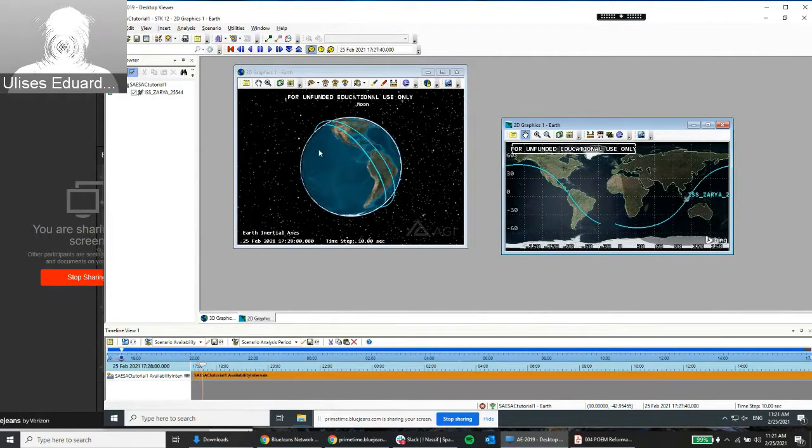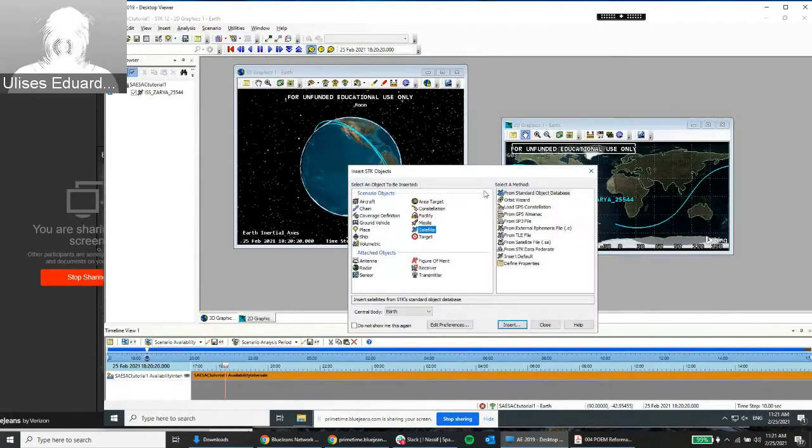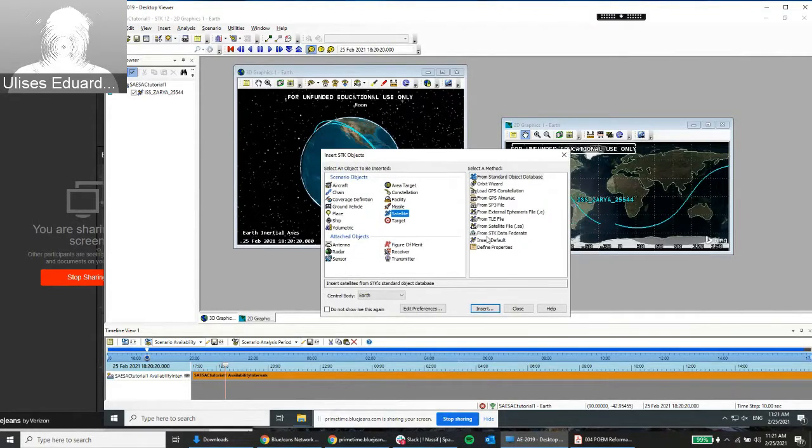We see in the 3D graphics window that the motion is displayed in Earth inertial axes. Here you see the International Space Station coming in, and you see the video. So that's cool. That's not the only way that we can create satellites. We can also create them by defining the orbits themselves. For example, by defining